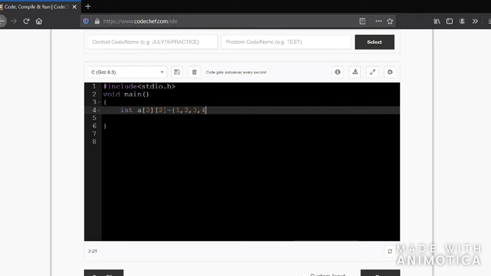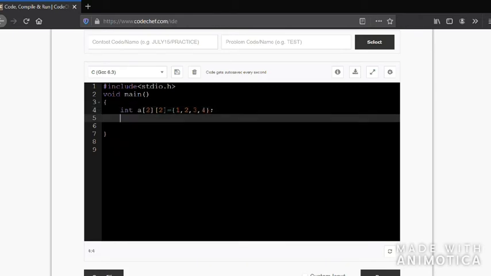Now let me printf %d comma a of 0 0. So the output should be 1, that is in the 0th row. Here it is going to be like a square, and if you divide a square into 4 parts, first you put a horizontal line in the middle, then a vertical line, and you get a square with 4 parts.